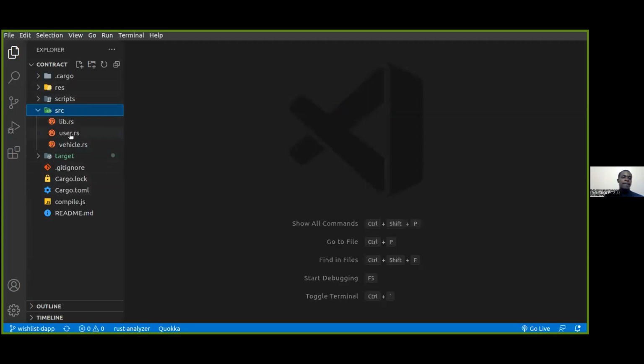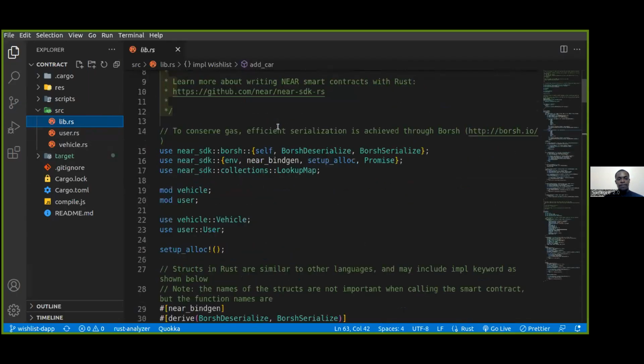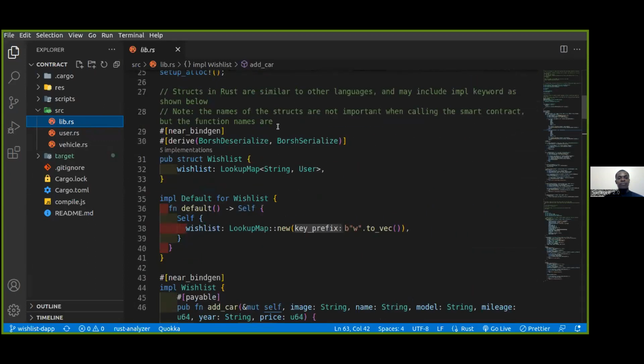In this case, we are writing a Rust smart contract, and NEAR lets us do that by setting up a Rust library project. That is what is going to help us compile it down to WebAssembly and deploy it on the blockchain. So that's why you realize that we have this lib.rs file in place. Even before we go through what's in the lib.rs file,